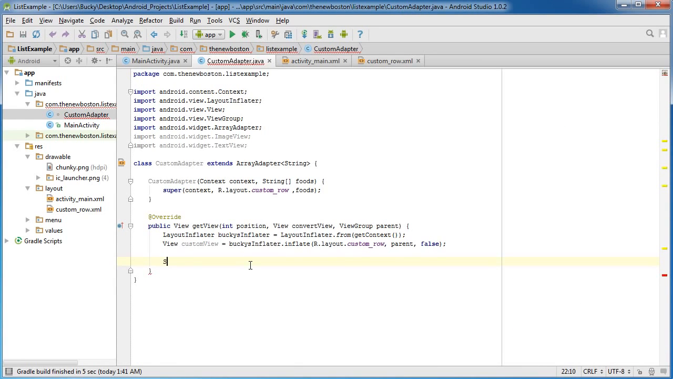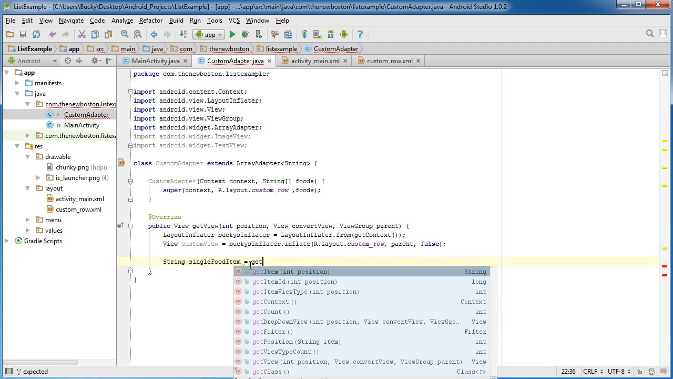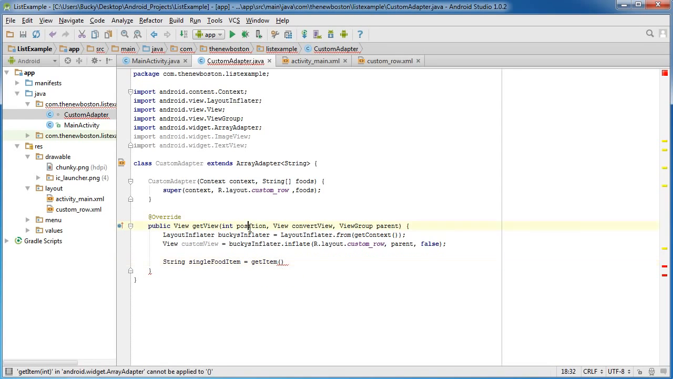So to do that, it's pretty simple. The first thing I'm going to do is get single food item, and that's just something in my array. And in order to do that, just put get item position, because this is the position of each item in your list, and we saw that in the last tutorial. Well, actually like 3 tutorials ago, whatever. So now we just want to get